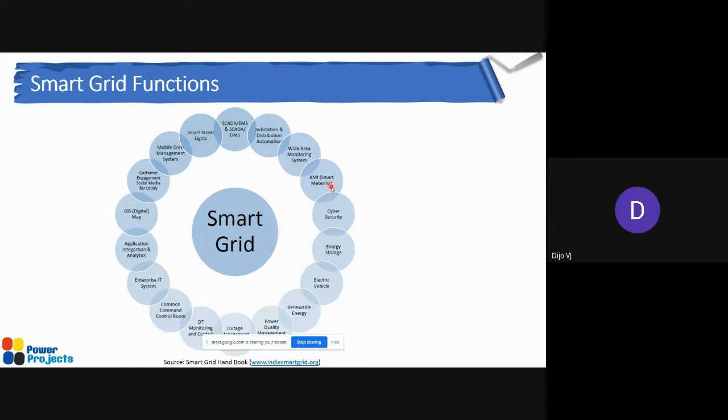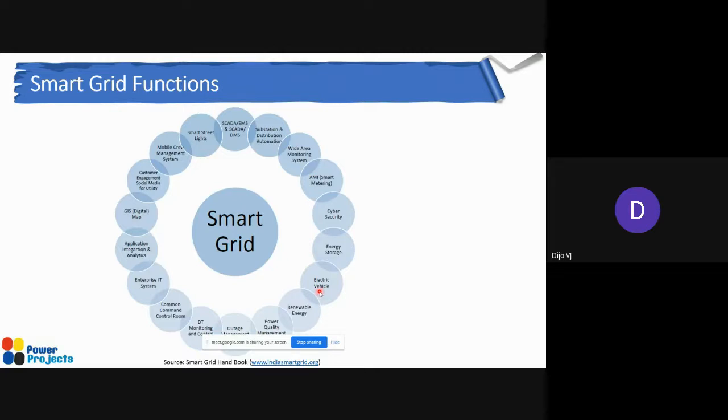AMI, the smart metering. Cybersecurity is very important when it comes to handling of the data, and we are putting all the data related to the grid into a communication network. Cybersecurity is going to be a major concern. Energy storage, we talked about it. What is the requirement of energy storage, and what are the concerns it brings? When we talk about energy storage, again the inverters are going to be there. So it is going to be